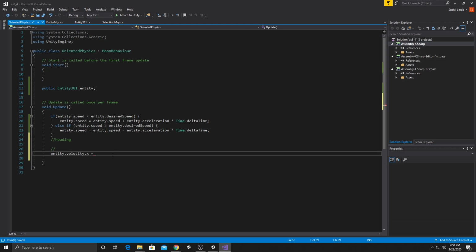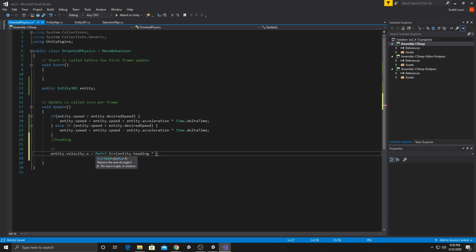Sine and cosine, right? So math, floating point math dot sine of, so this is in radians, so I have to convert it to radians. Well, let's first do entity dot heading